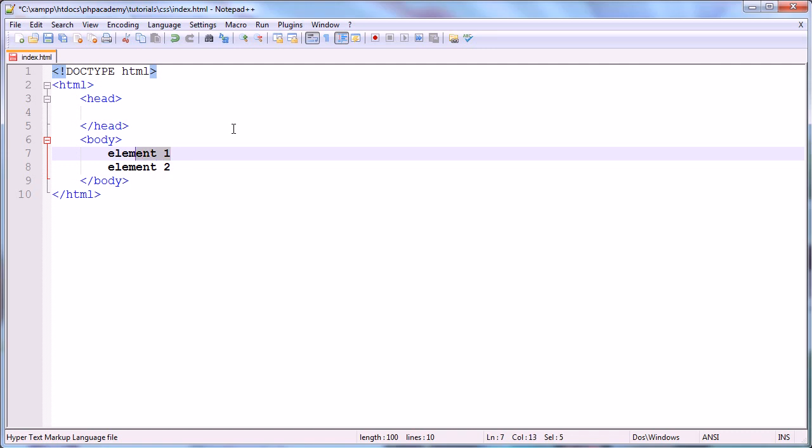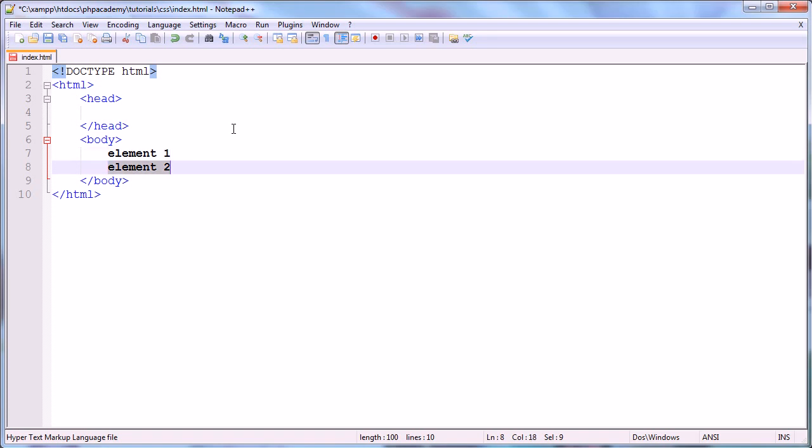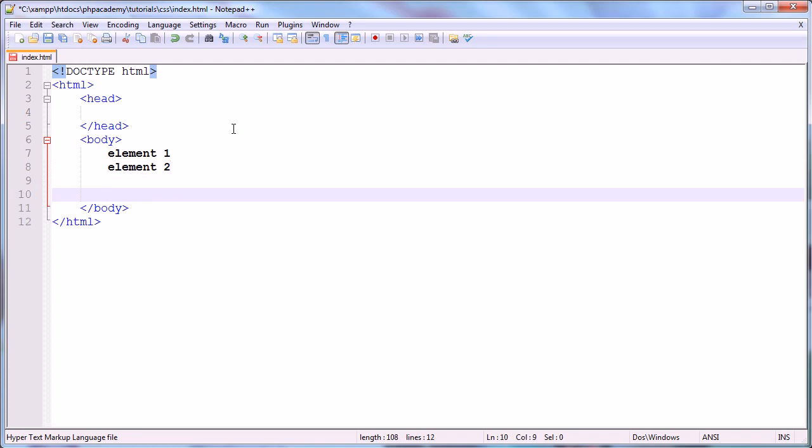If we apply a style to this, so for example if we make the text within this first element bold, and then we make the text within the second element bold as well, when we go to do element 3, if it belongs to the same class as element 1 or element 2, so let's say we just